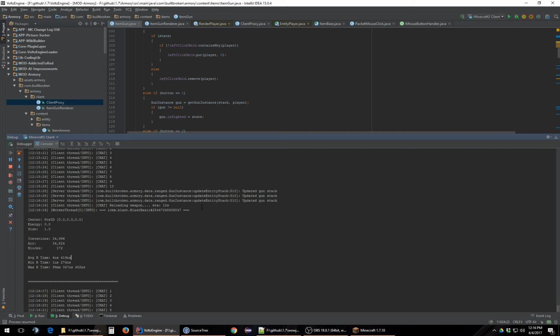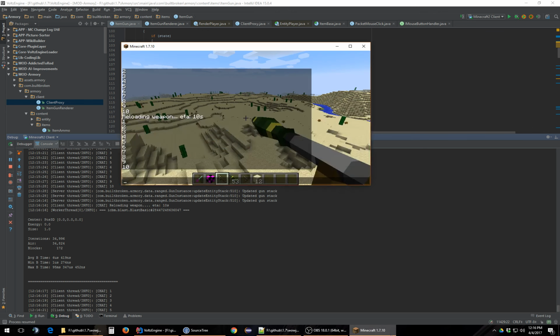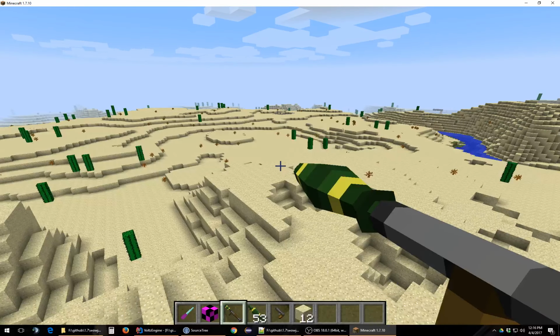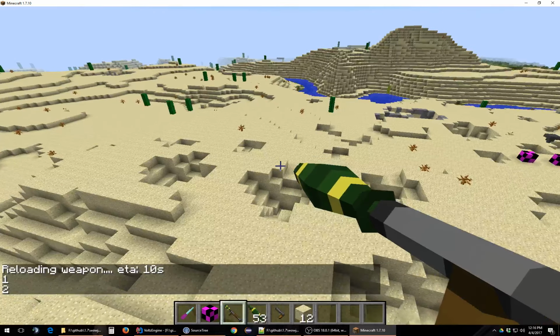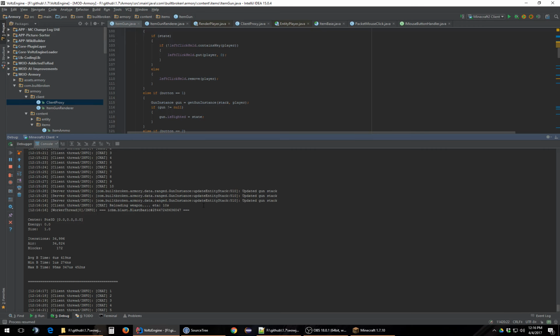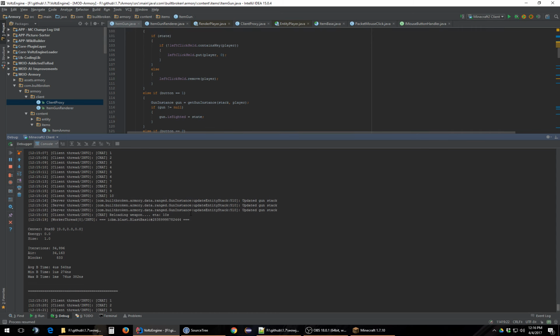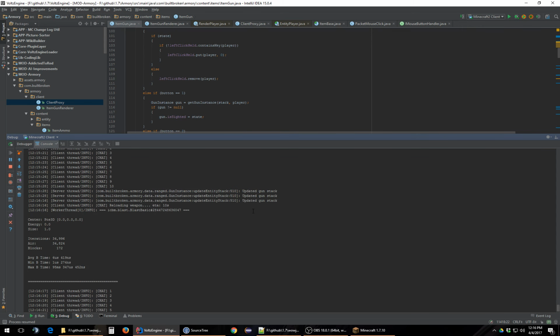Okay. It updated the gun instance 3 times, which makes sense because you're going to be firing the weapon, which is going to change the chambered round, which means you have to update. You're then going to be reloading the clip, which needs to be updated. I wonder if it's just reloaded 2 rounds. Oh, it's only got 1 round loaded. Okay, so it's not that. It is updating 3 times, which